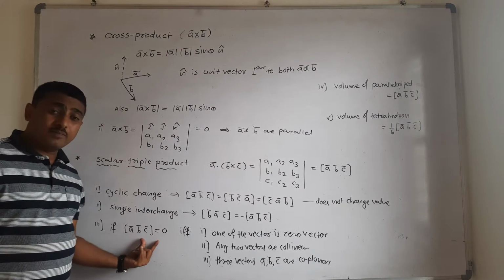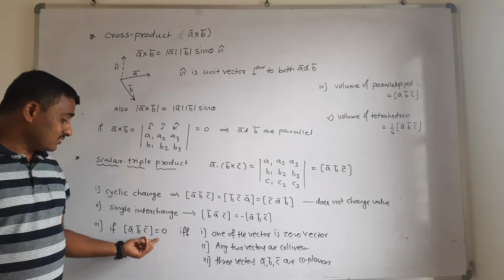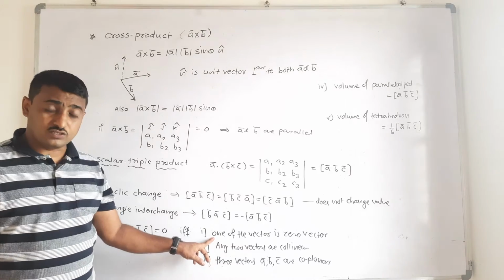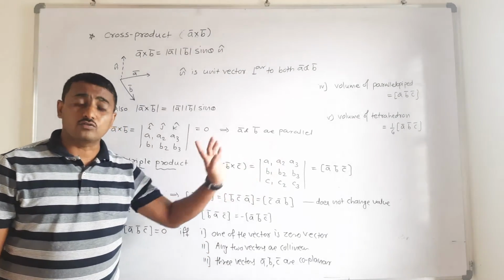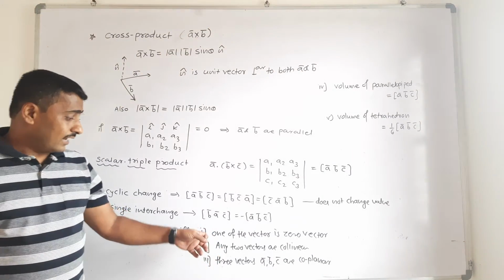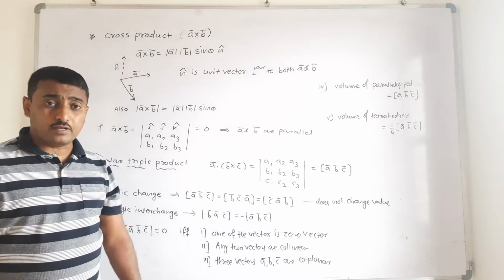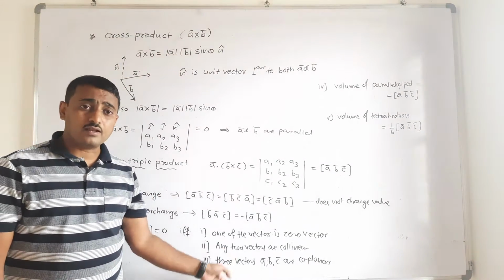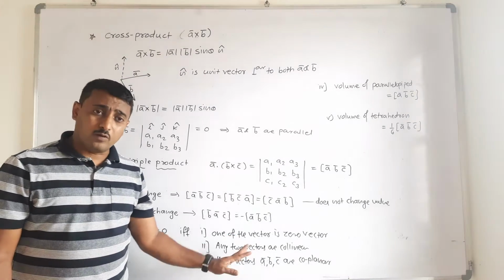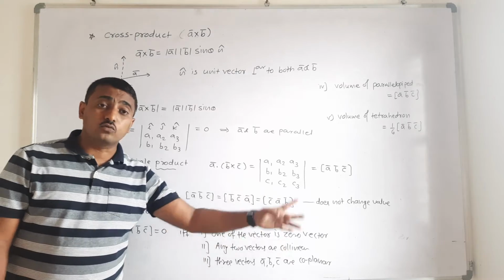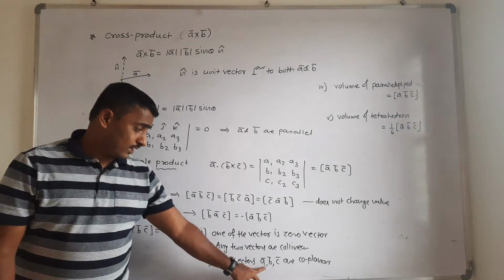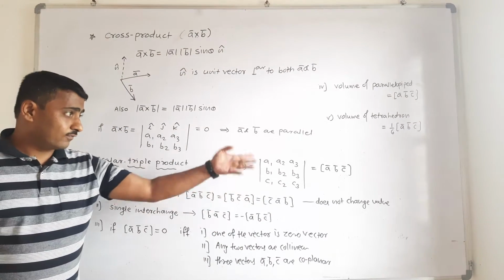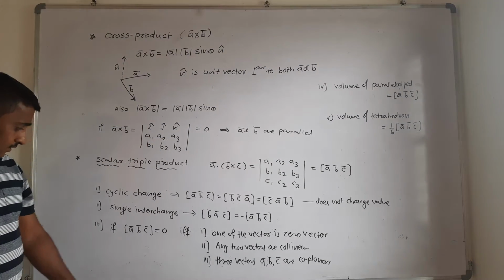If the scalar triple product a bar dot b bar cross c bar is equal to 0, this determinant is equal to 0, then if and only if one of the vectors is a 0 vector; if one of the vectors is 0, we get determinant value 0. Second, any two vectors are collinear, that is one vector is a scalar multiple of the other, then again the value of the determinant is 0. Third, three vectors a bar, b bar and c bar are coplanar. One of the vectors can be expressed in terms of the other two, that is a bar is expressed in terms of b bar and c bar. Therefore the first row and another row are equivalent, and therefore it is 0 by using properties of determinants.